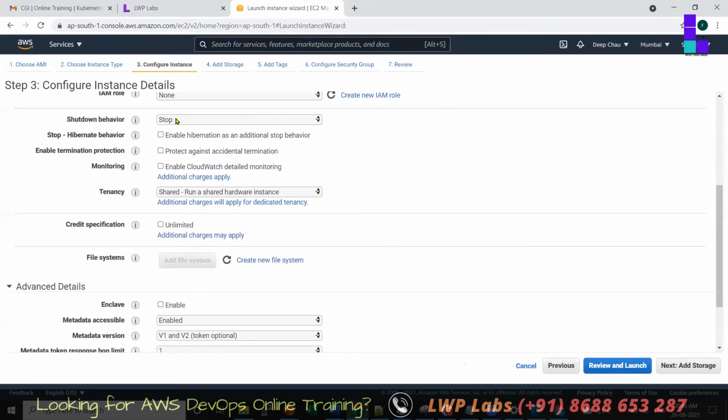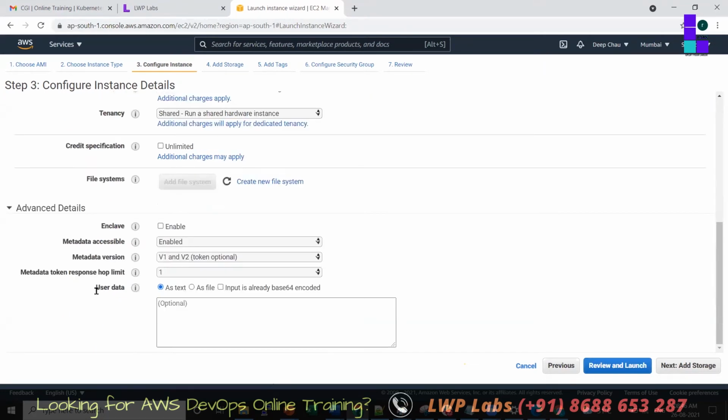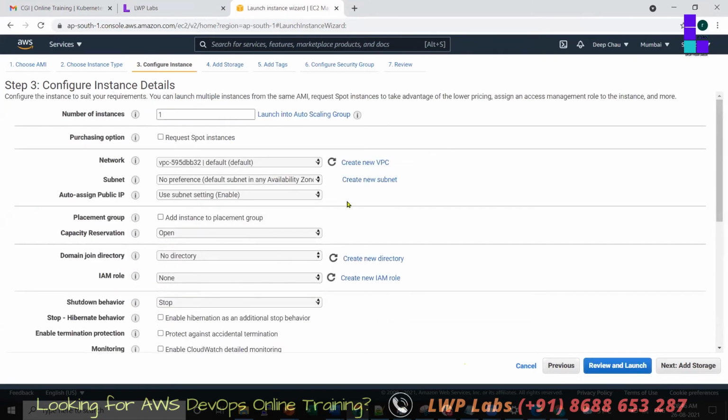You can use shutdown behavior, like if you want to terminate or stop it. For now, we'll select whatever is default. Do not change anything here. Later we'll also use this. Do not enable CloudWatch monitoring, as this will be paid, so do not select it. Just do this exercise. VPC, no preference, use subnet, whatever is there. Change it to 1. That's it.